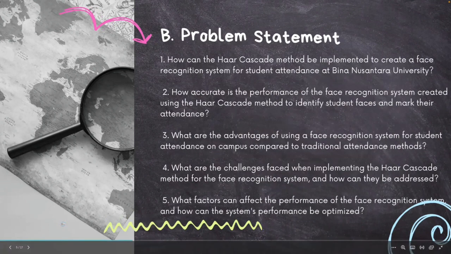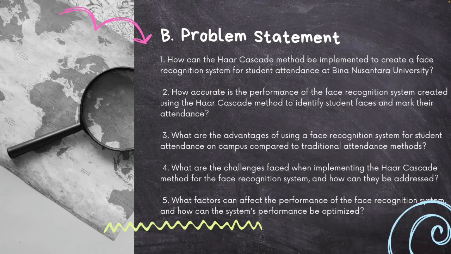And for the problem statement, first, how can the Haar cascade method be implemented to create a face recognition system for student attendance? Second, how accurate is the performance of the face recognition system created using the Haar cascade method to identify student faces and mark their attendance? Third, what are the advantages of using a face recognition system for student attendance on campus compared to traditional attendance methods? Fourth, what are the challenges faced when implementing the Haar cascade method for the face recognition system? Fifth, what factors can affect the performance of the face recognition system, and how can the system performance